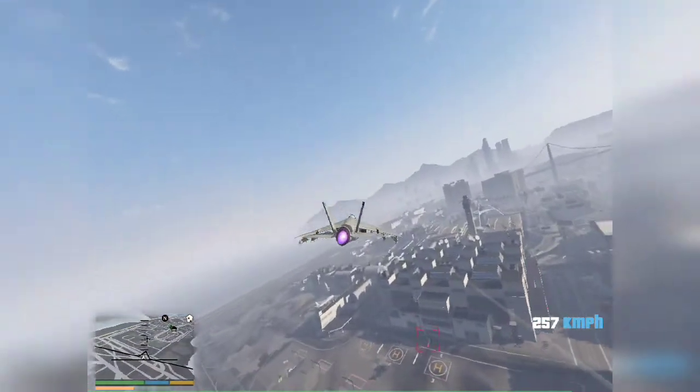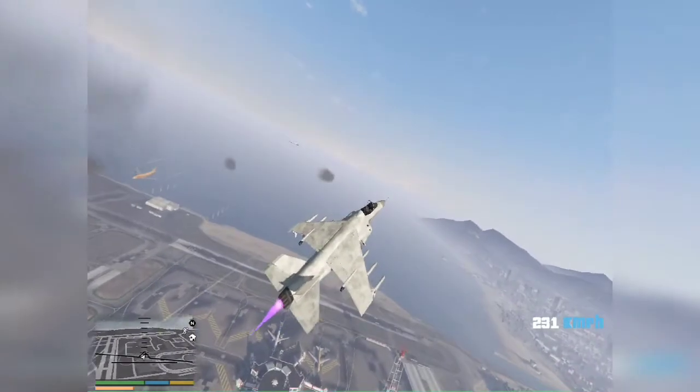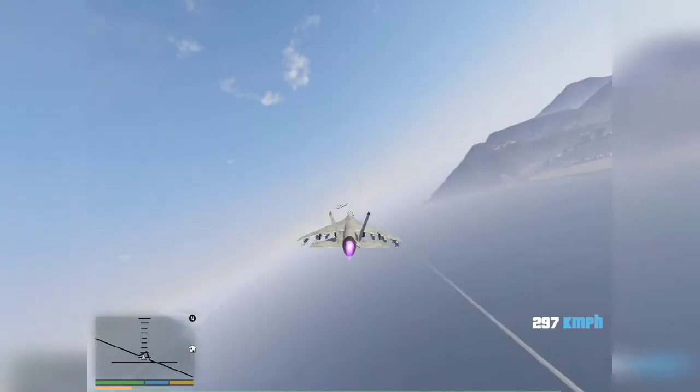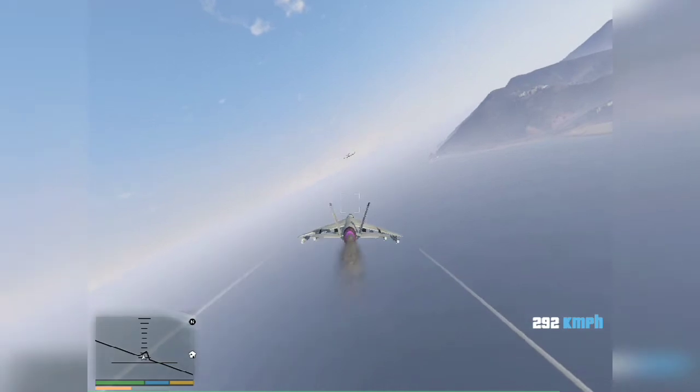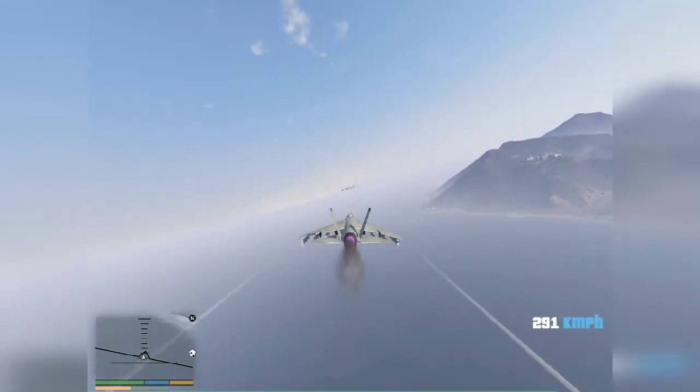You can use this mod with my previous mod, the bomber mod, and you can drop bombs through planes and make the same explosion. Oh shit, my engine got damaged.